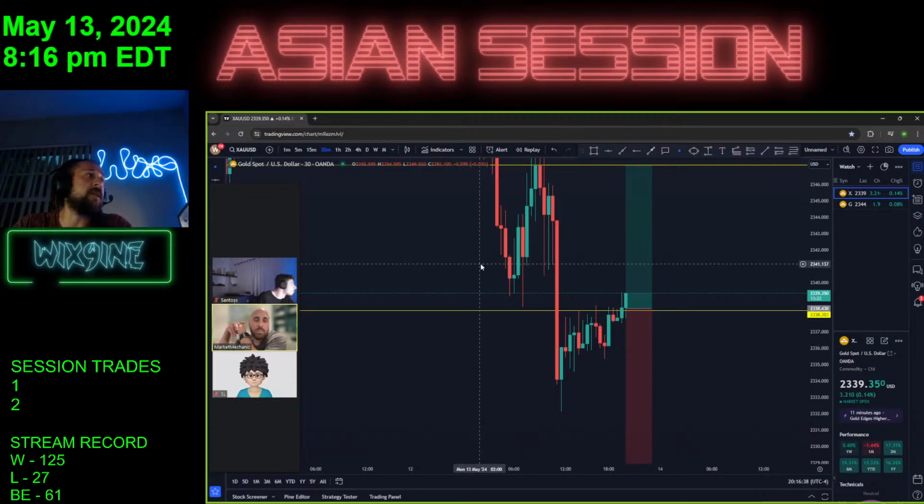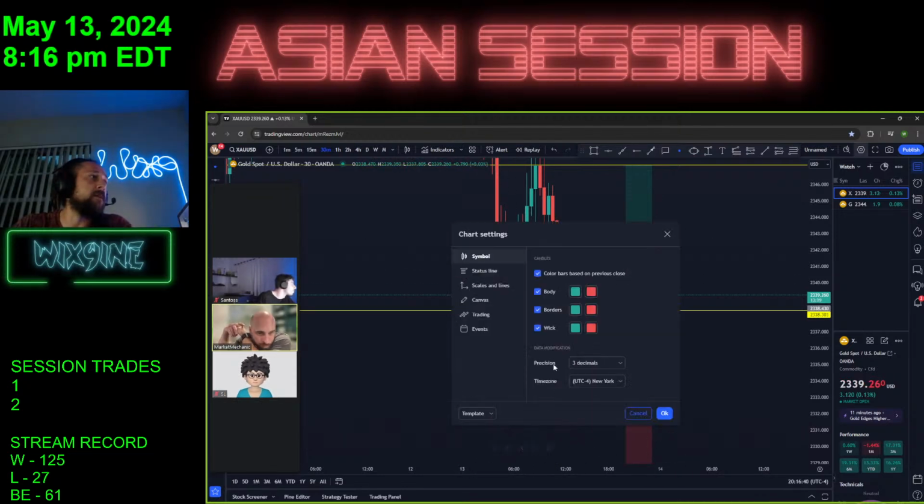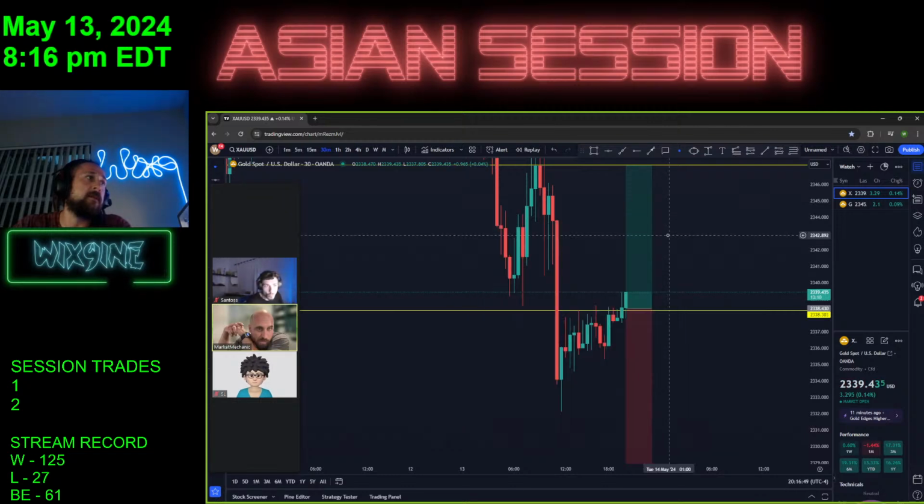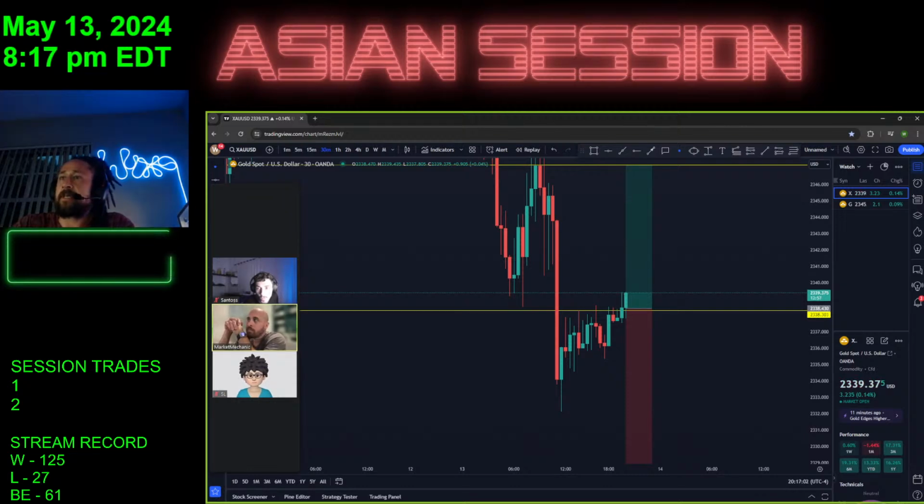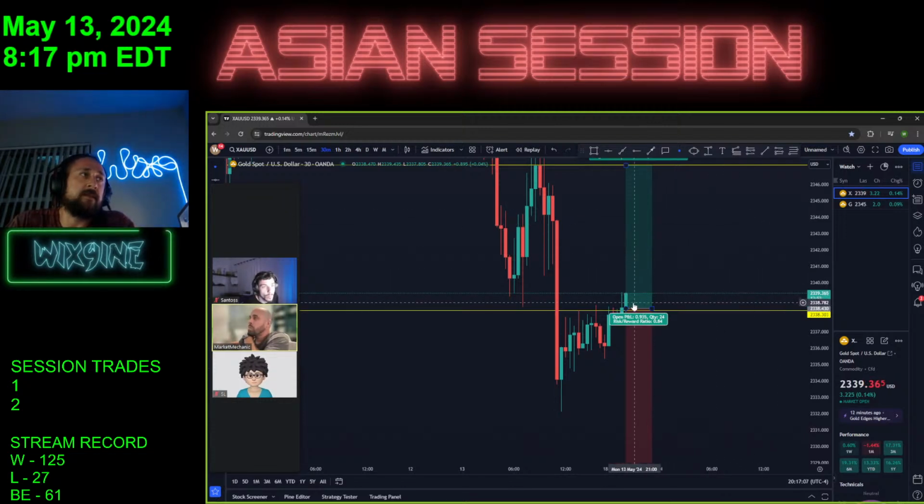And the other thing too, you know how you're always doing bullish and bearish closures? There'll be times when futures and forex closures, one will be bullish and one will be bearish. But you can fix that. You go right here to settings and you go color bars based on previous close. Mark that off and it'll fix it. You'll even see it change in real time as they close. But regardless, I just use my XAU if I'm trading futures. Yeah, I gotta start getting used to the different nuances and the differences.